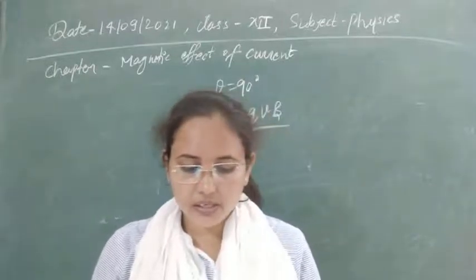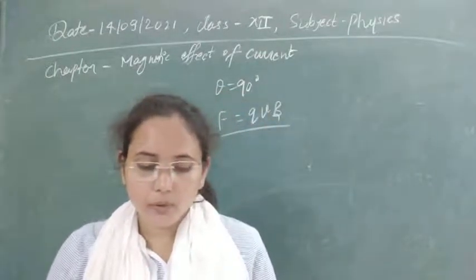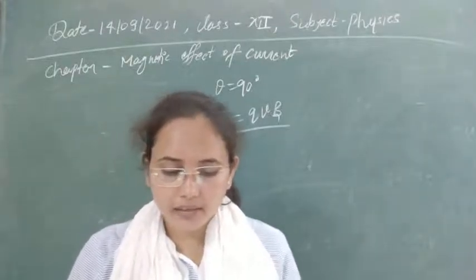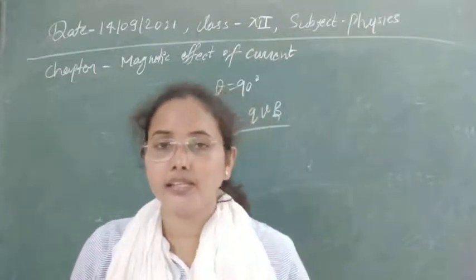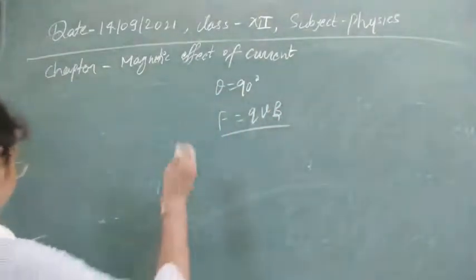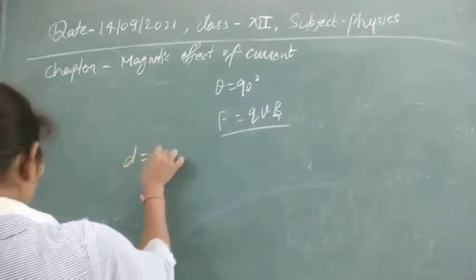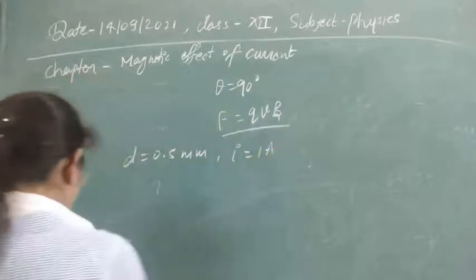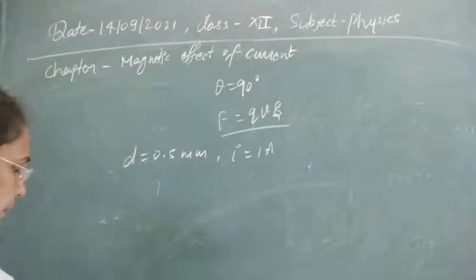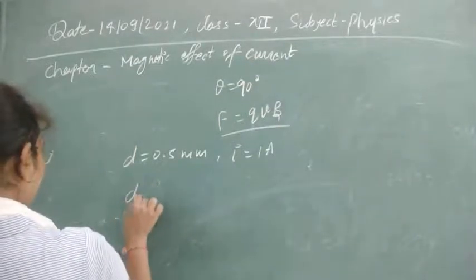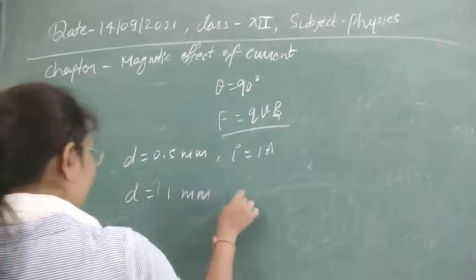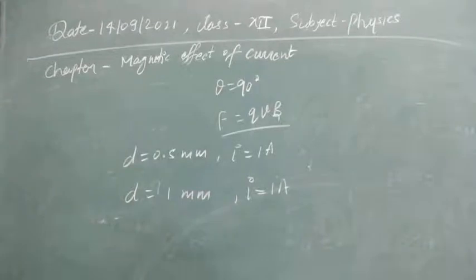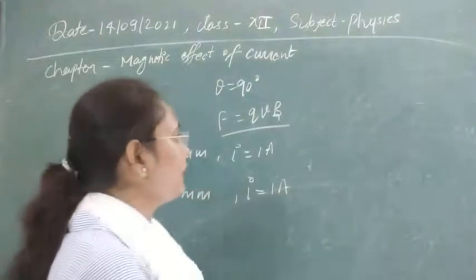Now our next question is: a straight wire of diameter 0.5 mm carrying a current of 1 ampere is replaced by another wire of 1 mm diameter carrying the same current. So first of all we have a straight wire with diameter 0.5 mm carrying a current of 1 ampere. Now we are replacing it by another wire with diameter 1 mm carrying the same current. Then the strength of the magnetic field far away is...